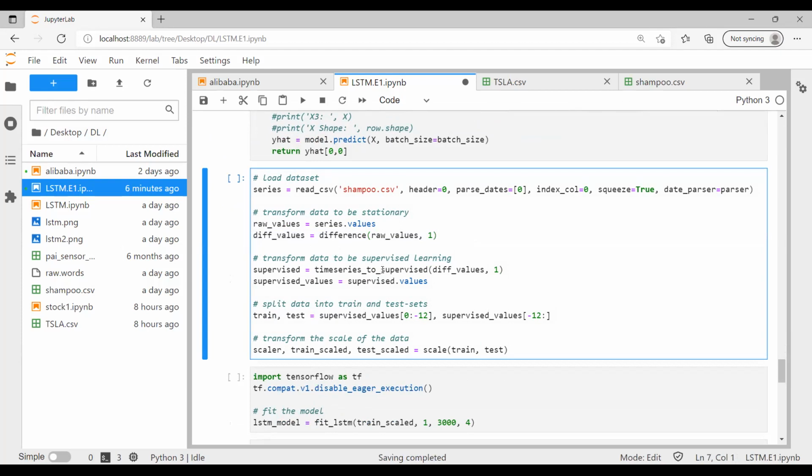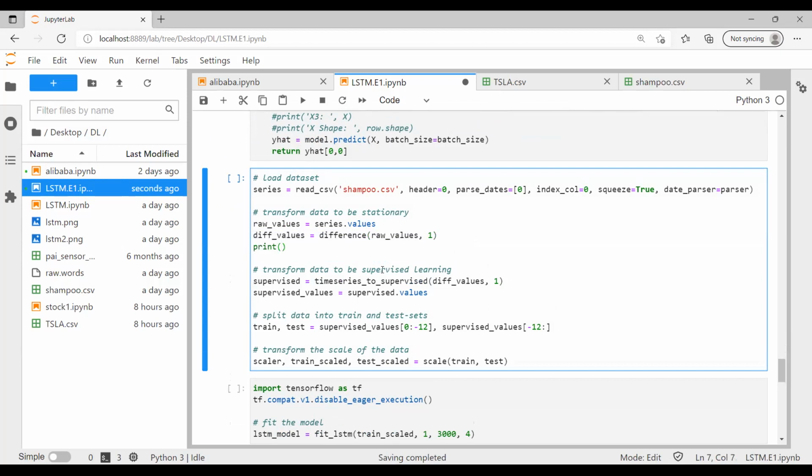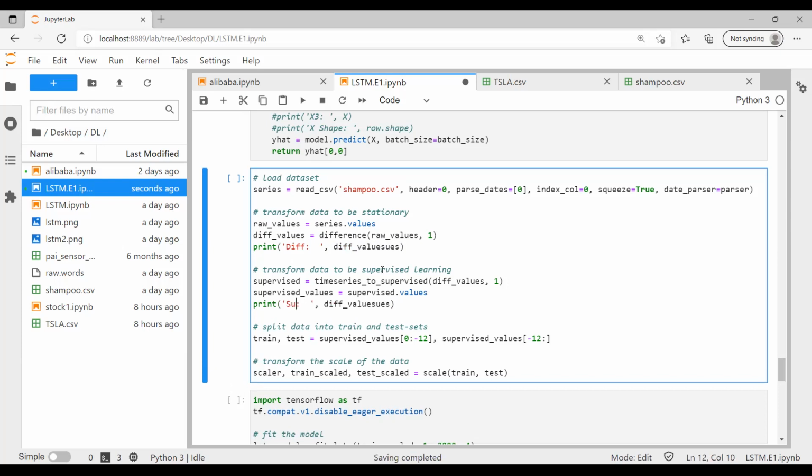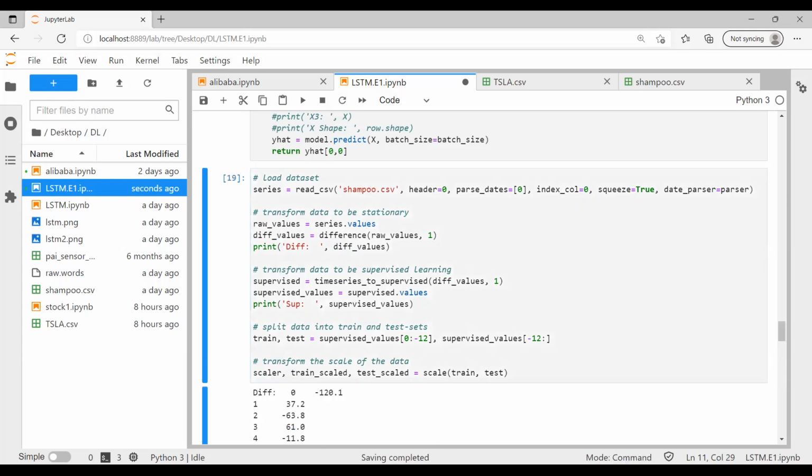So just let me इसको प्रिंट करके दे देना ताकि आप लोगों को, so you can see कि फाइनल जो डेटा सेट हमारा जा रहा है वो किस तरह का है, ठीक है। So the difference is here,